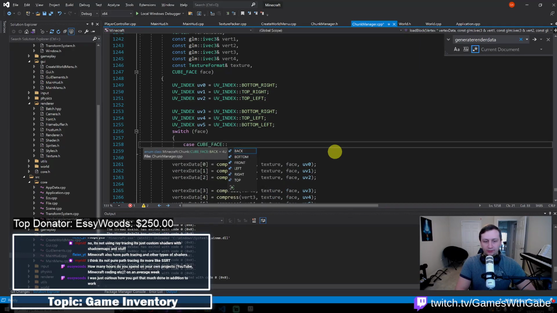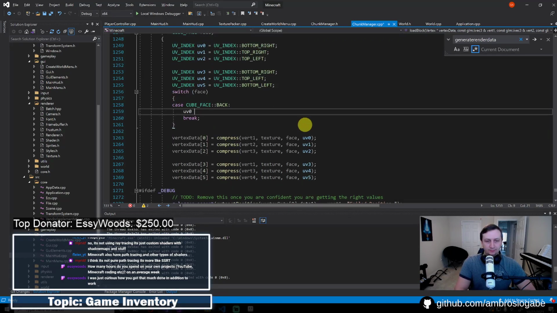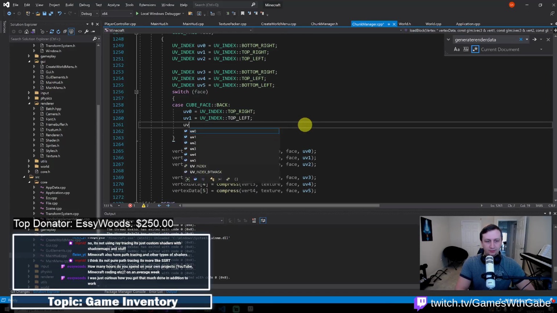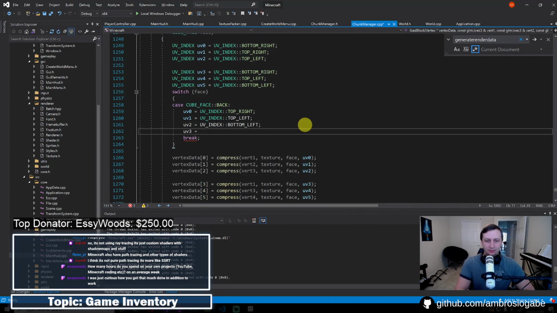So this is already working for one of them. I think it's working for like the top and the front. So we'll do back first. We'll see which one this changes. And then we'll say UV0 equals UV index. We'll just kind of rotate them all. So bottom right will become top right. So we'll say top right. UV1 will become, if we rotate that to the left, top left. UV2 will become bottom left. UV3 will become...